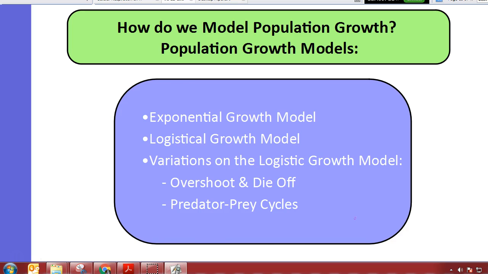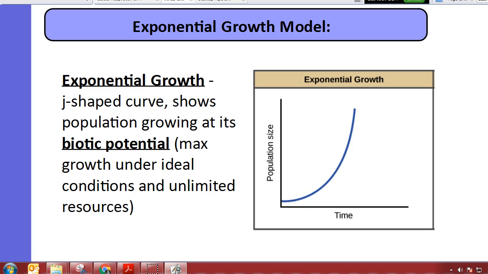So how do we model population growth? We've got lots of different graphs. So the first one's exponential growth. Exponential growth shows a J-shaped curve, and it shows a population growing at what we call its biotic potential. The biotic potential means the maximum growth